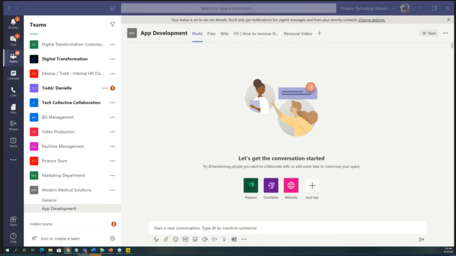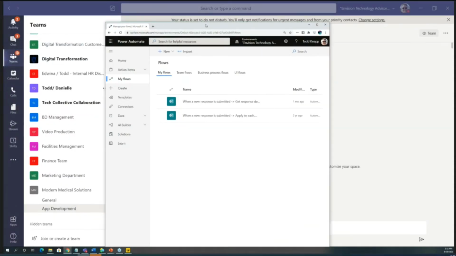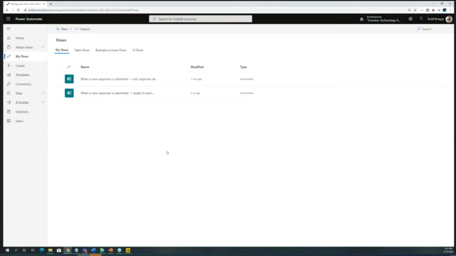Now, here's the thing. I'm calling it Flow for a reason. I know there are some people out there who know a little about this and are going to say, Todd, it was renamed to Power Automate. Yes, it was. However, the URL is still flow.microsoft.com. They are still referred to as flows. So I'm going to go into my flows, and Power Automate is the tool that we use with Microsoft Teams